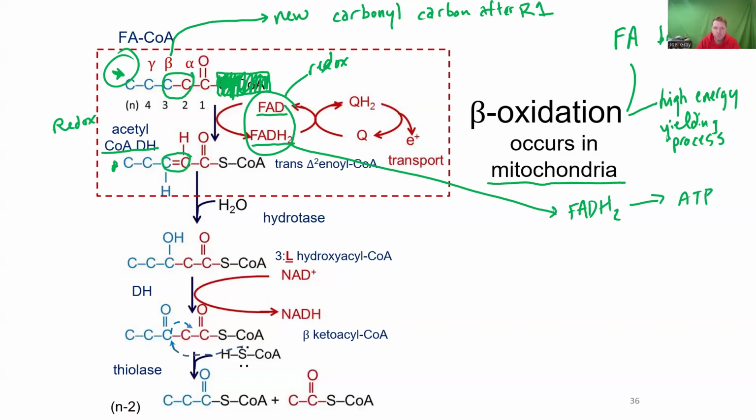Now, I'm going to have you think about the first reaction as, okay, we generated FADH2 from that first step of beta oxidation. Now, what I want to do after that is move on and say, okay, well, what's the next step? Keep in mind that our beta carbon is going to become a new carbonyl carbon. So if something is going to become a carbonyl carbon, we need to get an oxygen on there. Give me a one if that makes sense. You've got to get an oxygen onto something if you want it to be a carbonyl carbon. Okay. How are we going to do that? Well, what we're going to use is water.